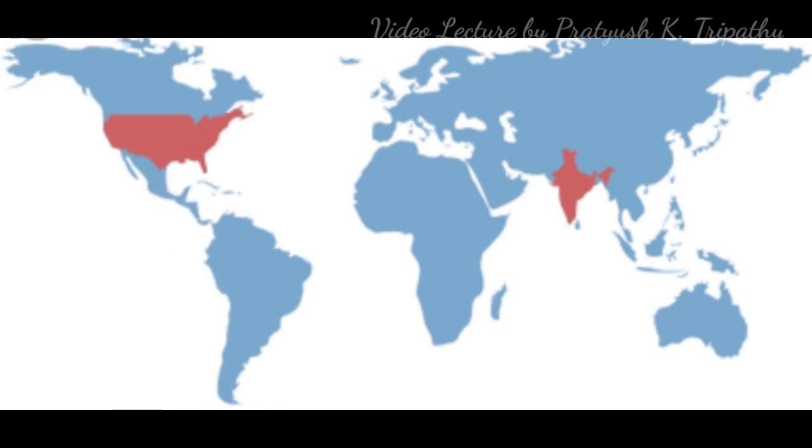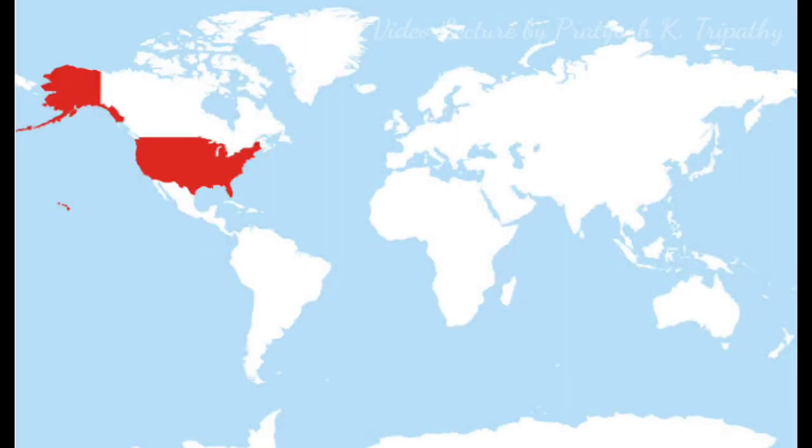Suppose a place is situated on the eastern side of the prime meridian. So, first we have to know the longitude of that particular place. If we will multiply that longitude with 4, then we'll get the exact time of that particular place. Similarly, if a place is situated on the western half of the prime meridian, then we have to subtract that much amount from the time which is given to us.